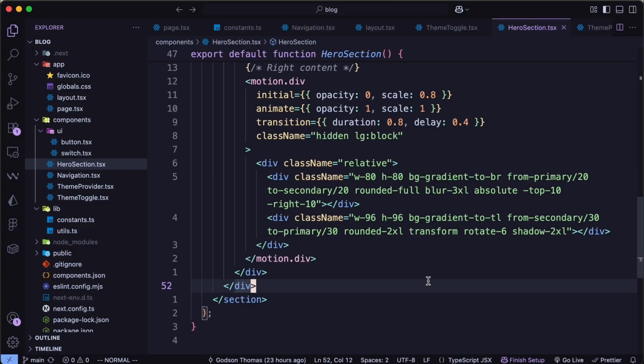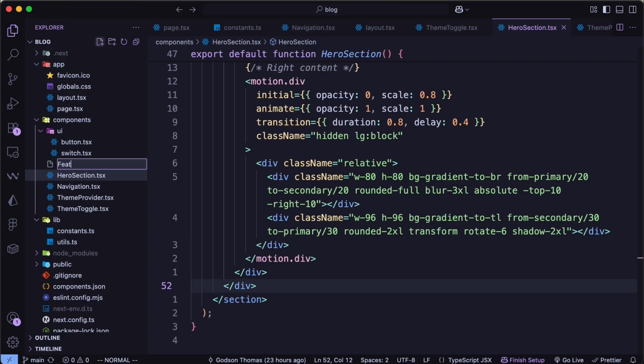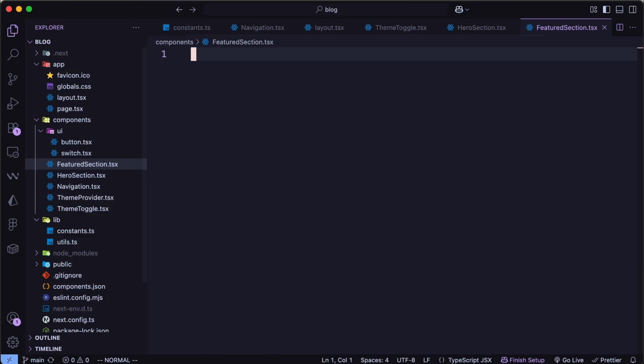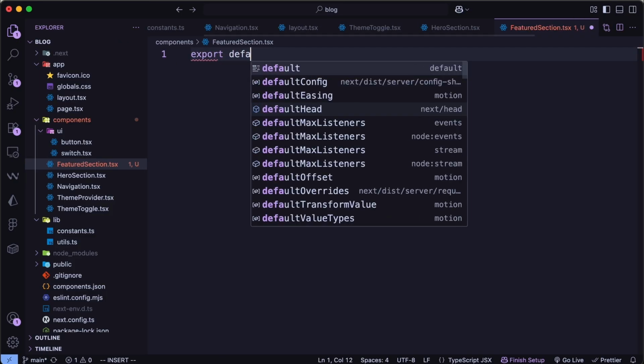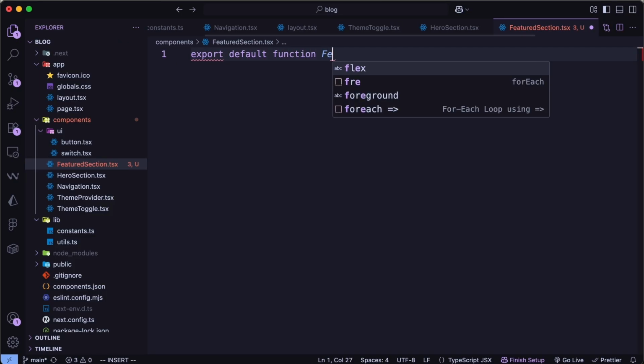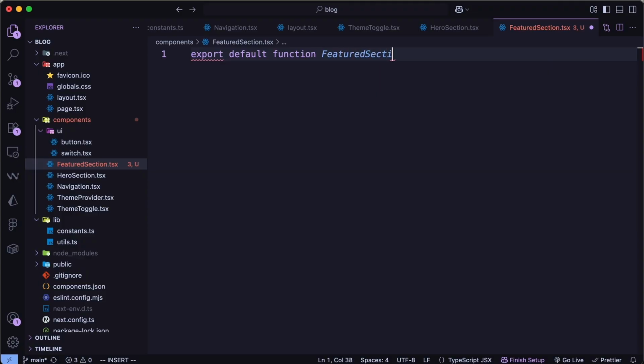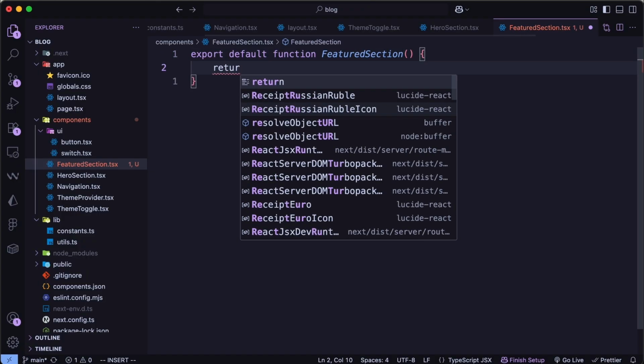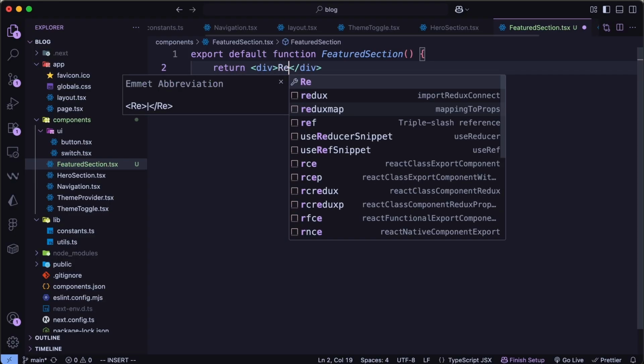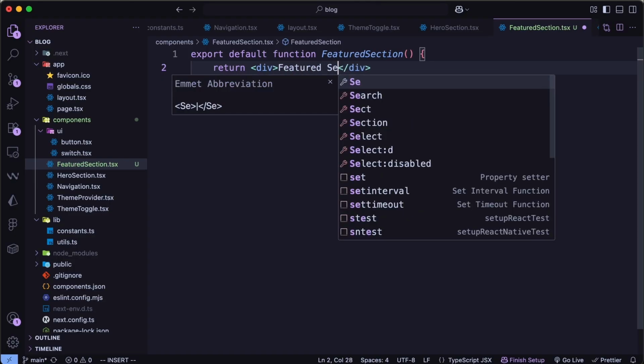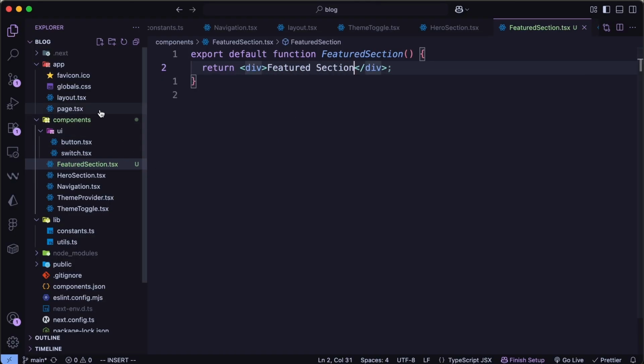Right here I'm in my source code, and the first thing we will do is we'll create a component. So let's go ahead and create a component inside the components folder called featured-section.tsx, and here let's go ahead and type export default function. Let's call it FeaturedSection, and for now let's go ahead and return a div. Let's type featured section over here,